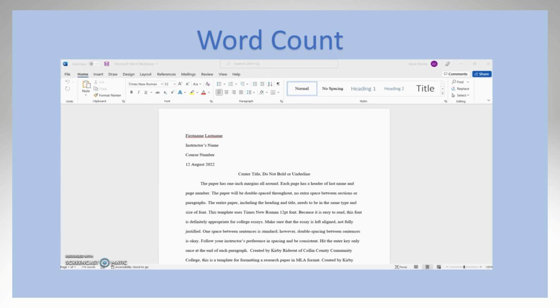Another thing that's important to know how to do is word count. A lot of times your professors will tell you to write a 1,500 word essay or have another word count in mind. Mine is at the bottom of the screen here. So a lot of times it's not set up that way, so your word count will not be at the bottom of the screen. So you're going to want to go up to the gray ribbon, click on Review,